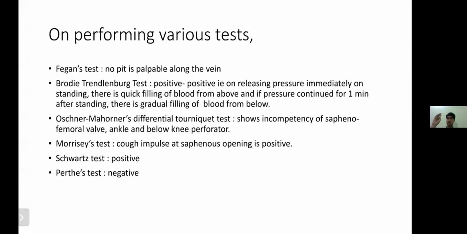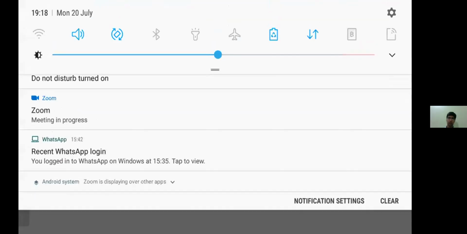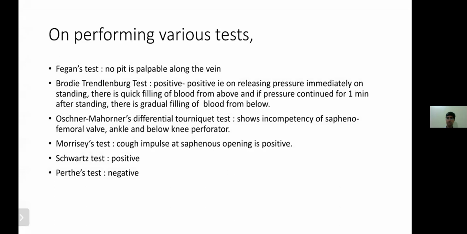What is Perthes test? Modified Perthes test. Anyone? A tourniquet is tied at the SFJ level. No tourniquet is used for Perthes. Elastic bandages. Yes, then? To the patient, and the patient